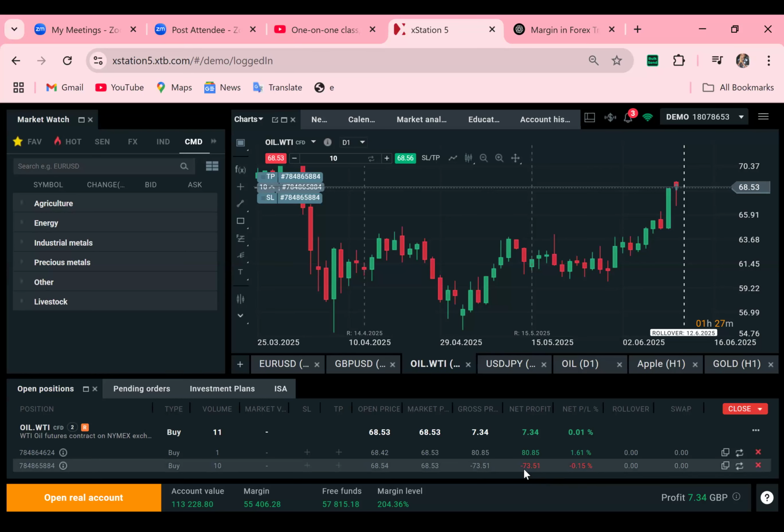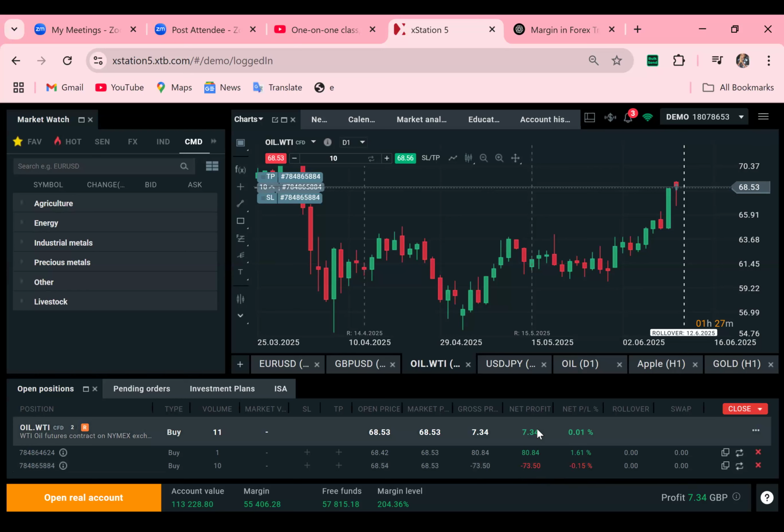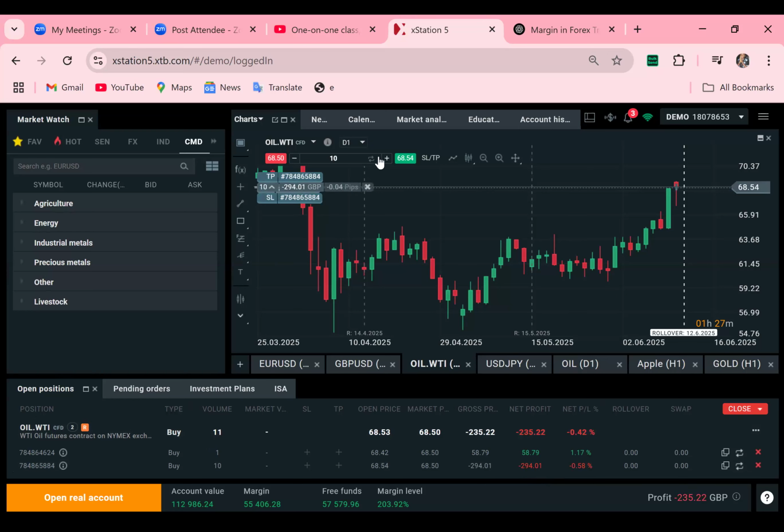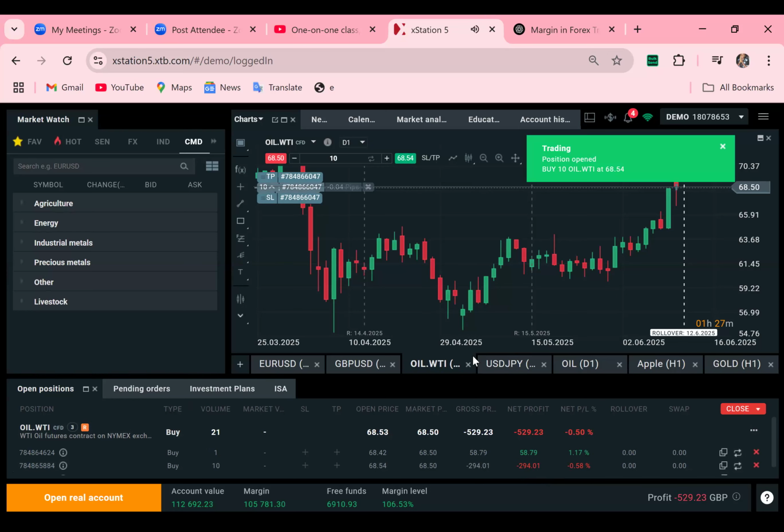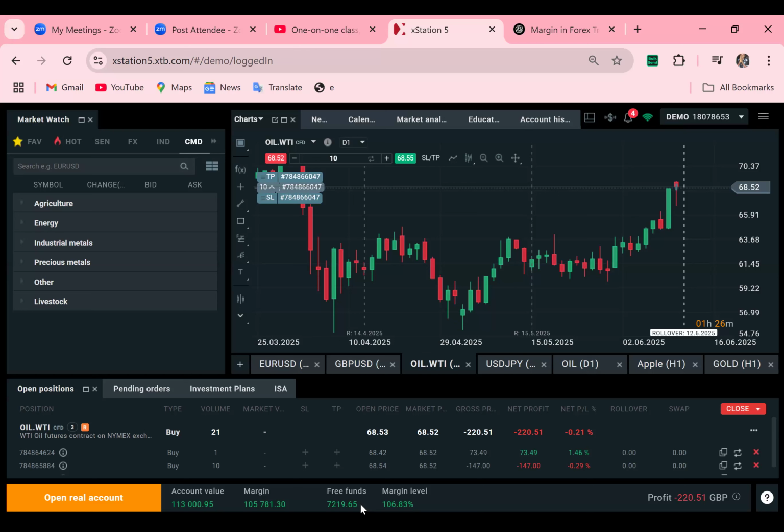Look at what I was charged as commission. I was charged $73 here as a commission. So should this market move up, I'll be making a lot of profit, more than what this market was giving me. Now let's say I want to buy again. It has entered. See, look at my margin. $105,000 has been taken, and my free margin is 7,262. Are you seeing that I've used almost everything in, and I don't have any left.